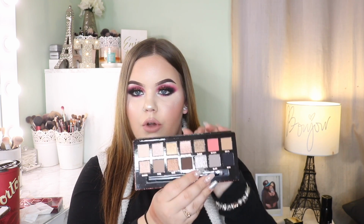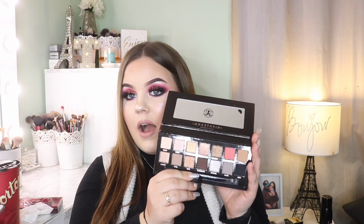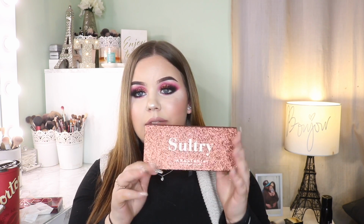I'm not a cool tone person, so these cooler tone shades at the bottom here are not for me. But I thought the metallics in here were so pretty. They are very neutral, simple colors, but shades that I definitely can see myself reaching for. Therefore, I feel like I could justify buying the palette. I did also want to buy it because, one, the packaging is gorgeous. It is limited edition, and I do really adore Anastasia palettes, and I kind of want to start collecting them. So I am happy that I picked this up as of right now, and I'm very excited to try it